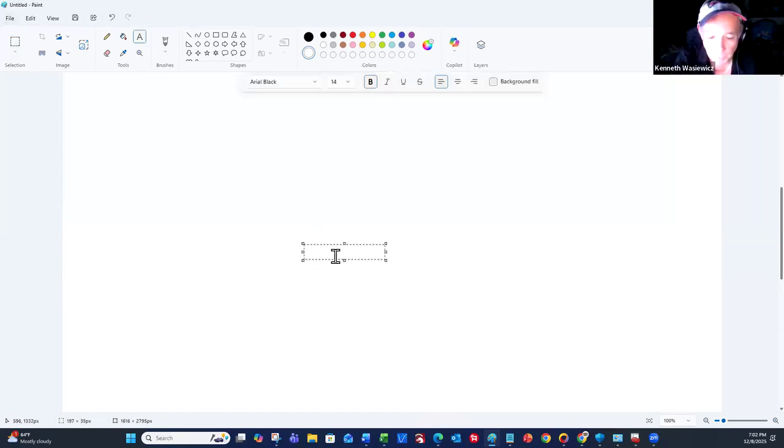And now you can type AI. Oh, I've got it on white text.